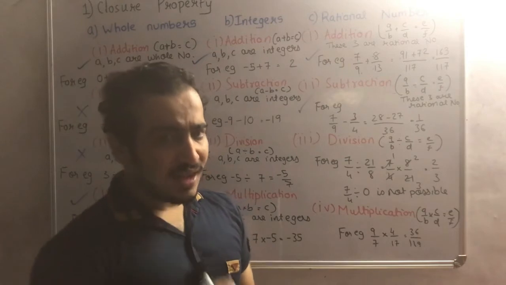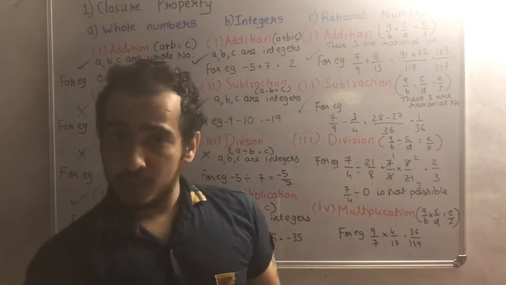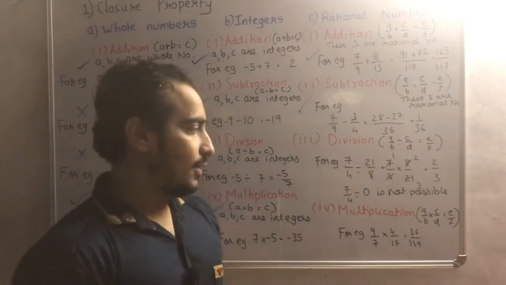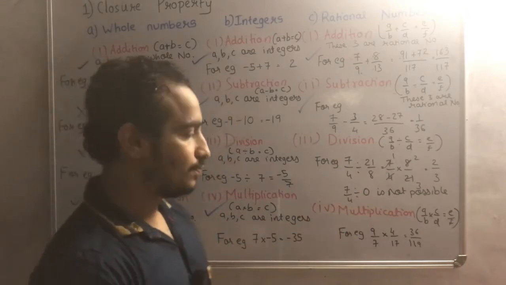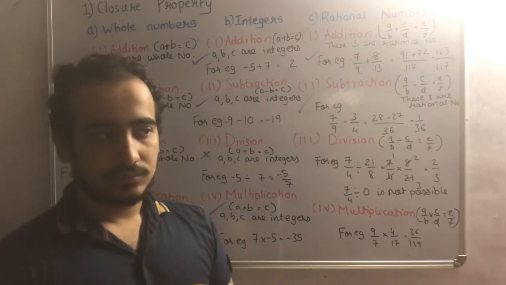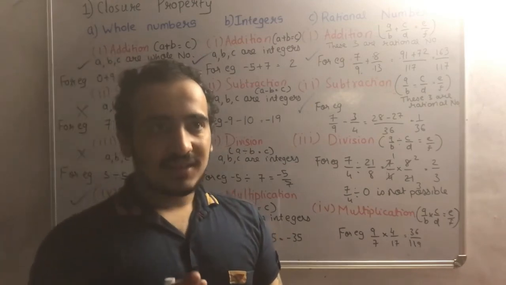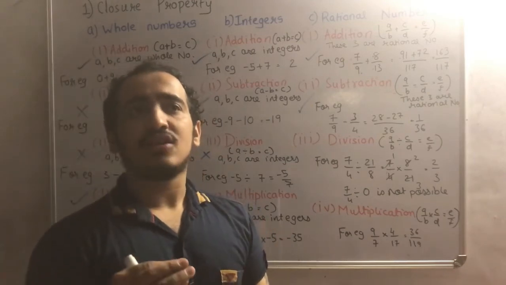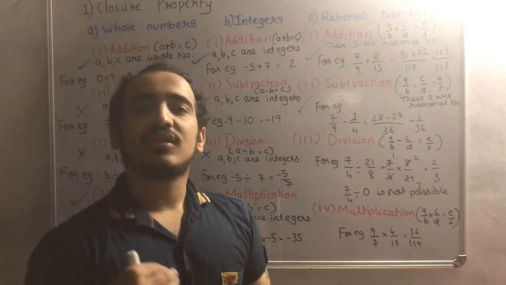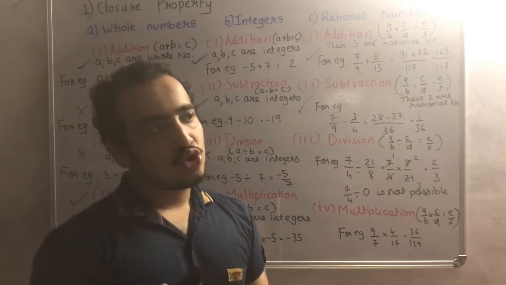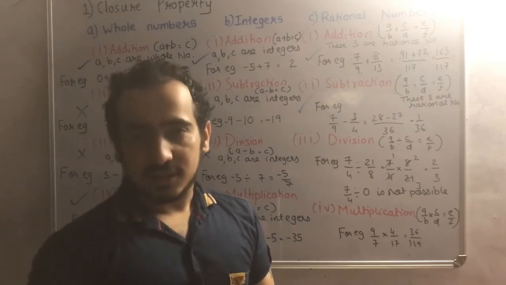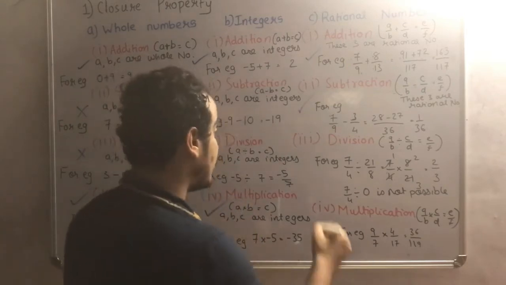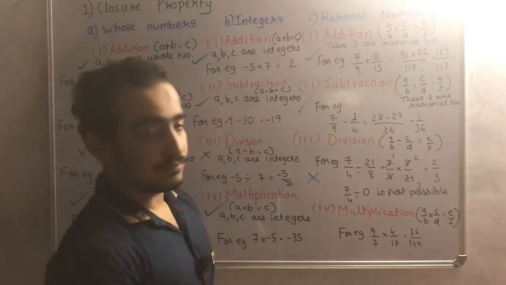So this time you will think that it fulfills the property of closure, but the problem is that when a number is divided by 0, it is not possible. I have said this before also, that when you divide a number by 0, you can't do it, because even in a calculator it is not allowed. Okay, so this will not fulfill the property of closure.